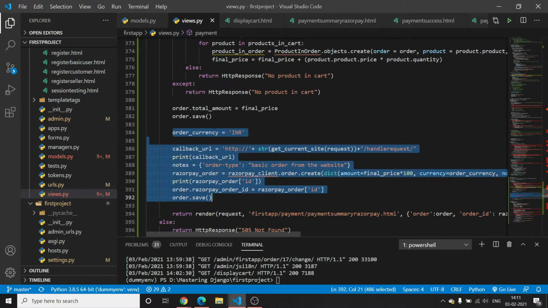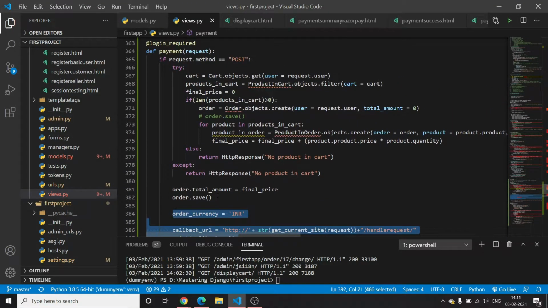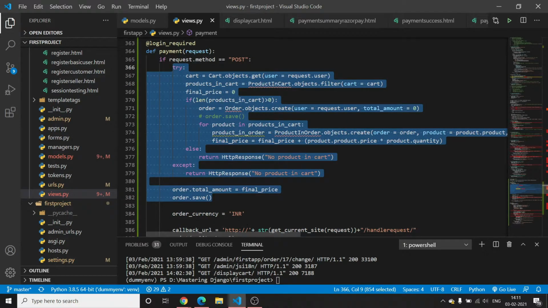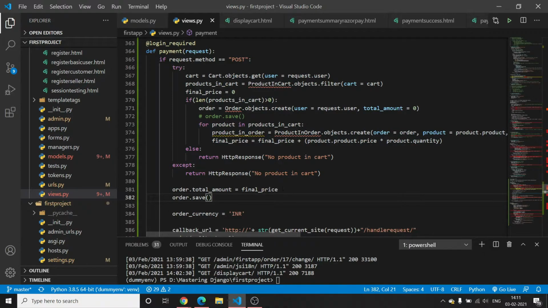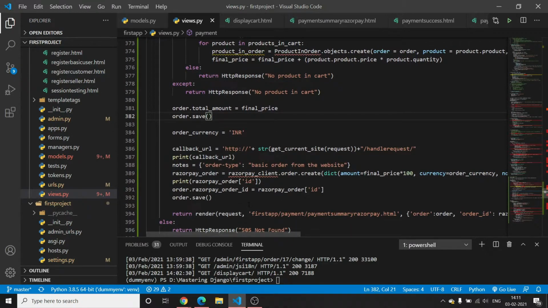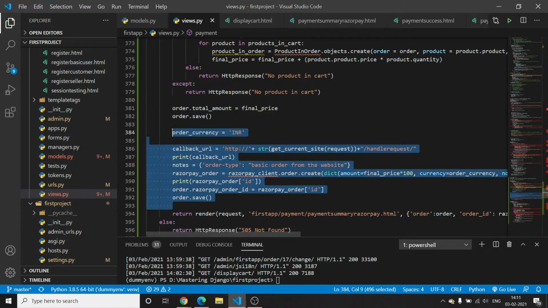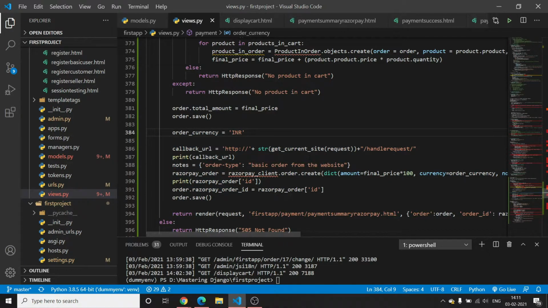And this is all the stuff which is specific to Razorpay. So the processing that we have done here is limited to the use case and scenario that I have used. So you can customize all these things and then add this, which is going to be the same for all the test cases and scenarios. So we have to provide one callback URL. And what is the use of this callback URL, I will explain to you later on.